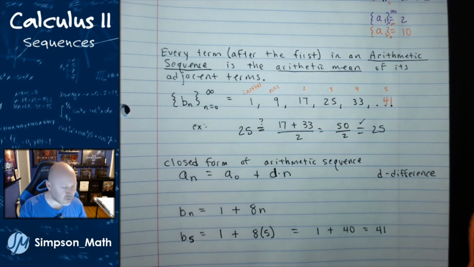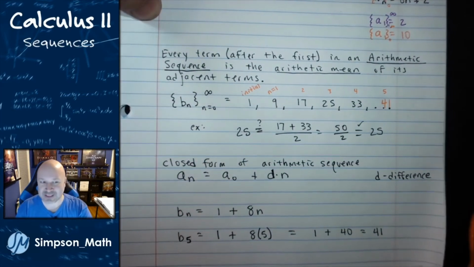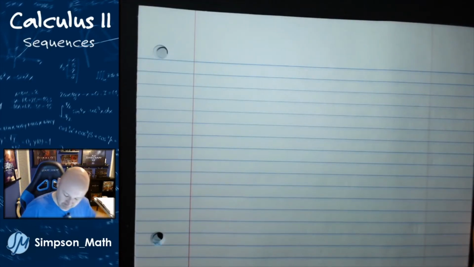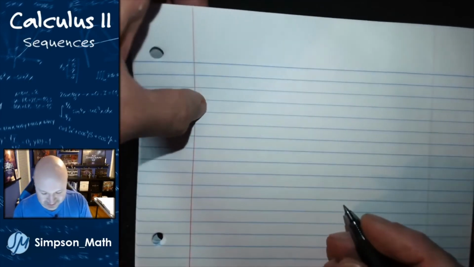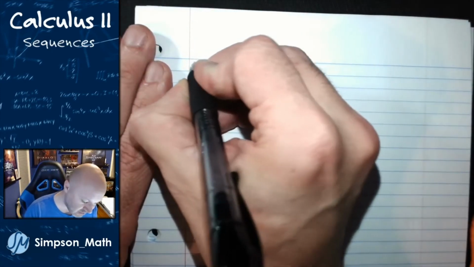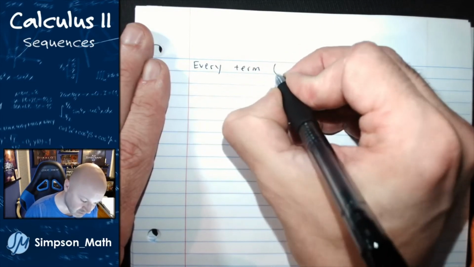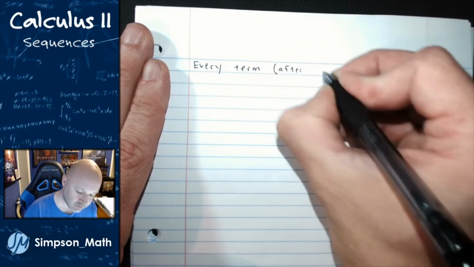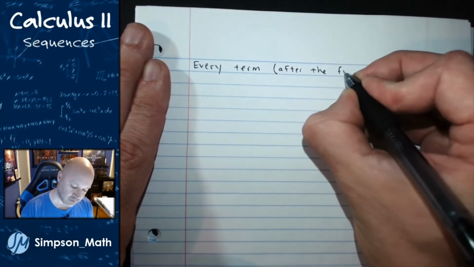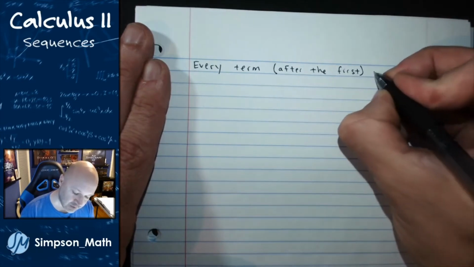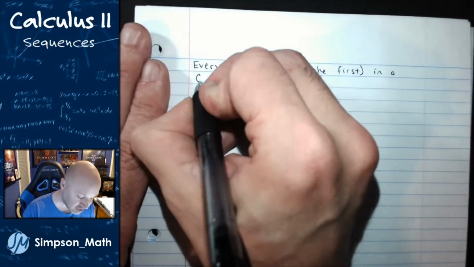I'm going to do that again for geometric sequences. And maybe the second time around it'll make a little more sense. Okay, I'm going to start off with something similar. I say every term after the first in a geometric sequence